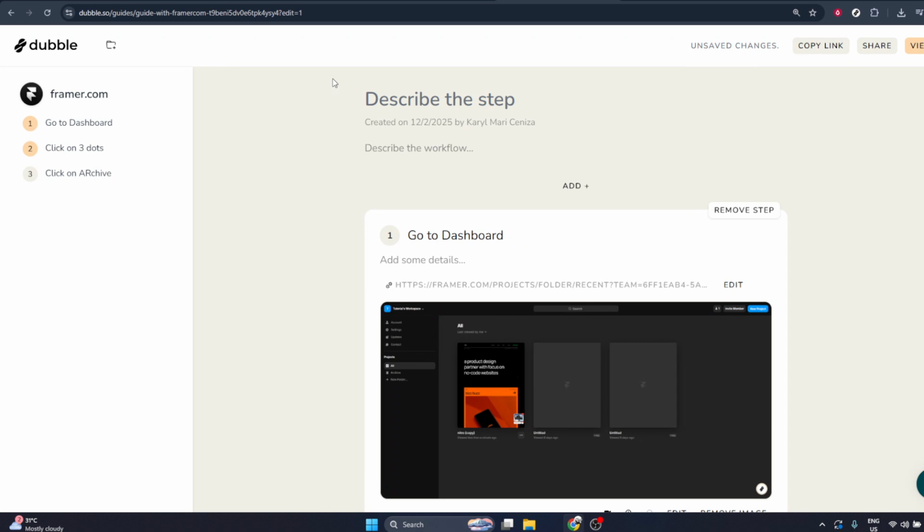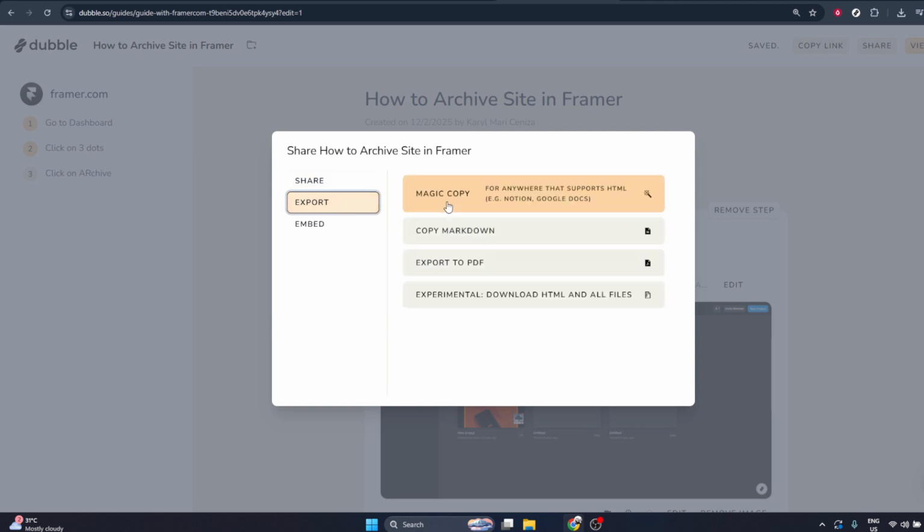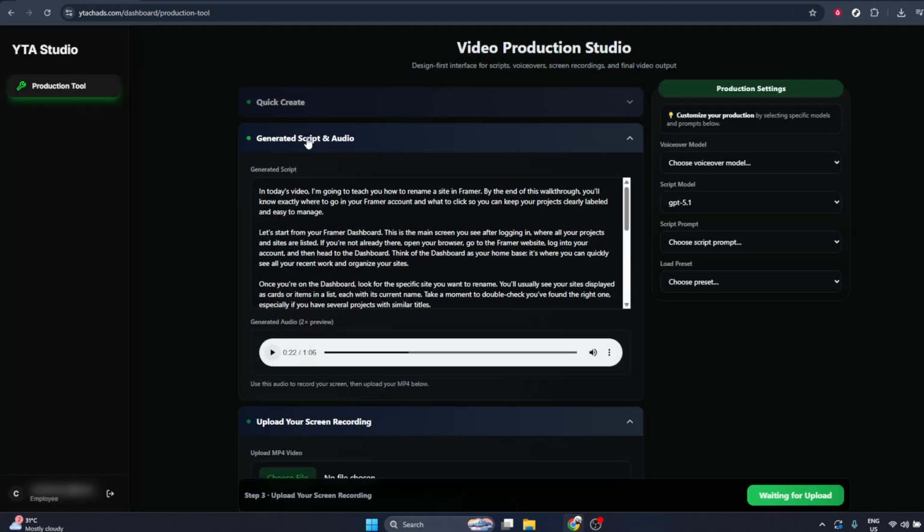Once you've found the right site, move your cursor over its project card. On that card, look for the three vertical dots, often called the More Options or Overflow menu. This icon is typically in the upper corner of the project card. Hovering over the card should make it visible if it's not already. When you see those three dots, click on them to open a small drop-down menu of options related to that